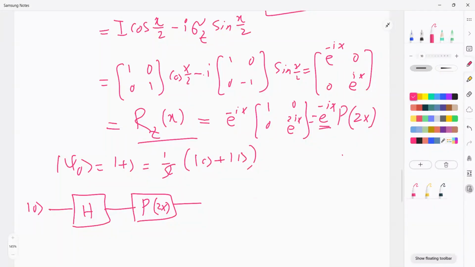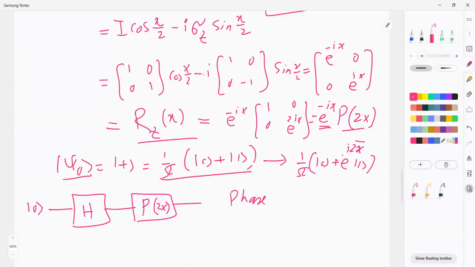If this is a plus state and you apply the RZ gate or P gate to it, it transforms to a state like 0 plus exponential iota 2x 1. So the information is being encoded into the phase of this state. So this is the phase encoding,